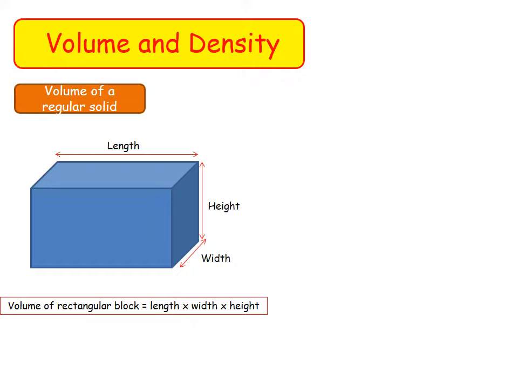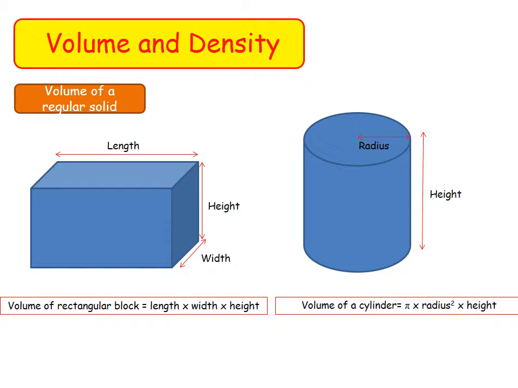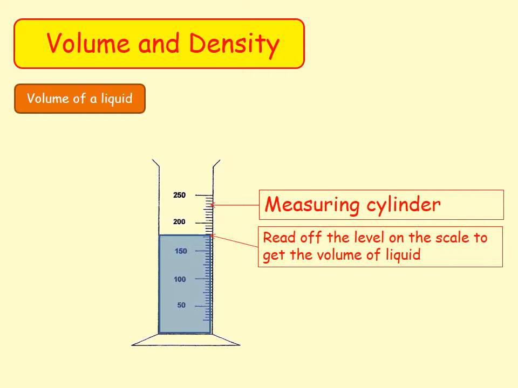So the next step is to work out the volume and density of objects. The volume of regular objects is kind of easy to work out. You use mathematics. For cubes and rectangular blocks, just use length by height by width. For cylinders, it's simply pi times radius squared times the height. Not a problem. The problems come when you're working out volume and density of a